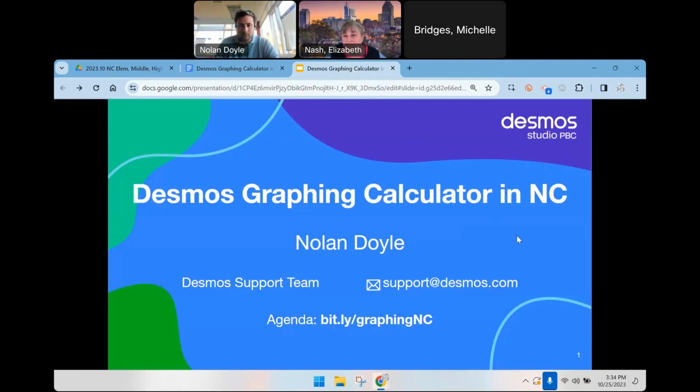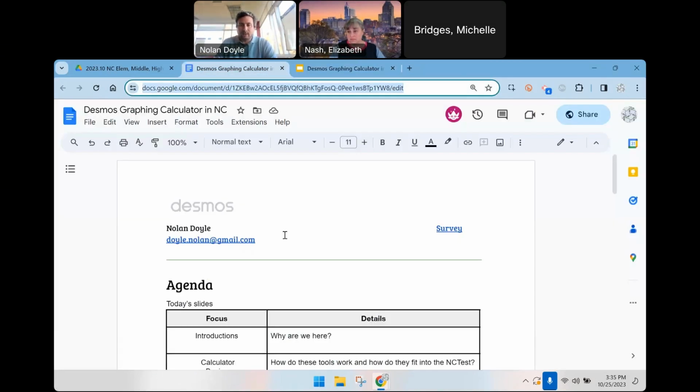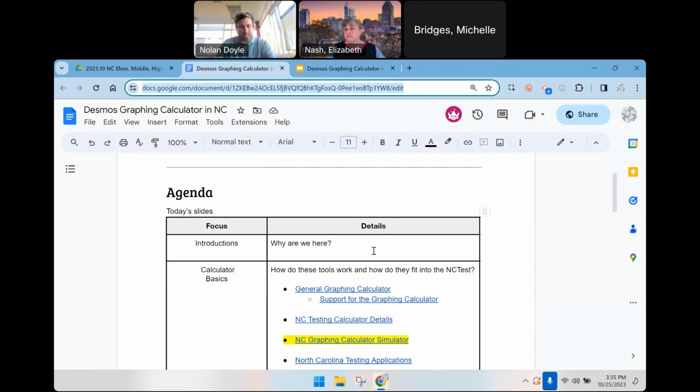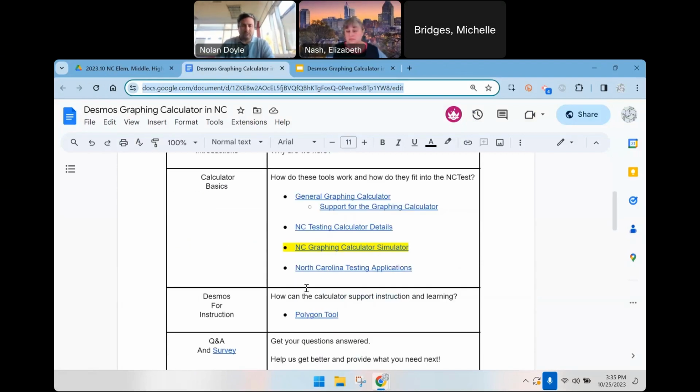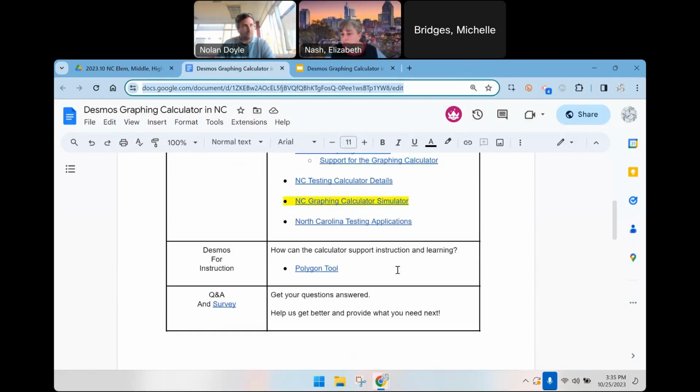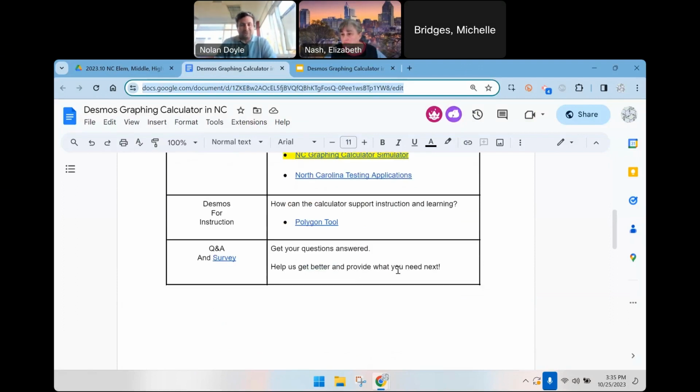All right, so this is going to focus on the Desmos graphing calculator in North Carolina. That bit.ly there will take you to our agenda, a more detailed agenda, as well as some resources. It will be on the slides throughout, and Beth's going to be dropping it in the chat, so you'll definitely be able to get that from her. It runs through what we're doing, as well as some links that I'm going to continue to reference, and you can come back to, because things